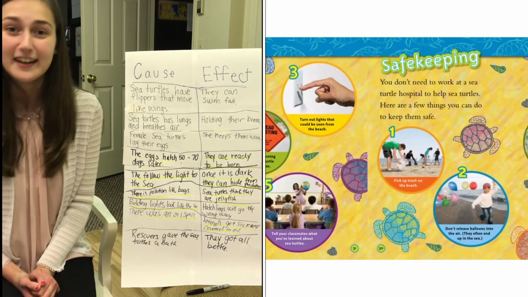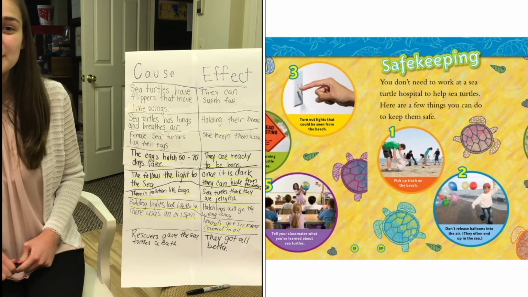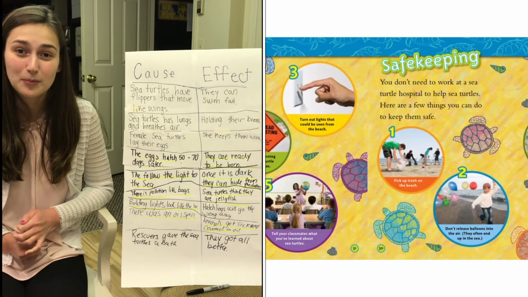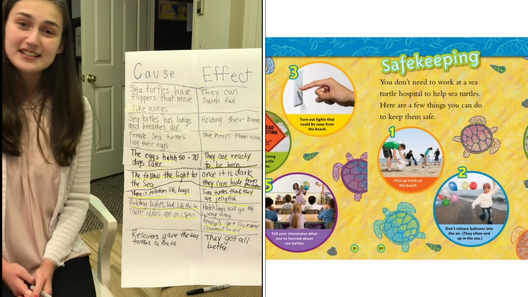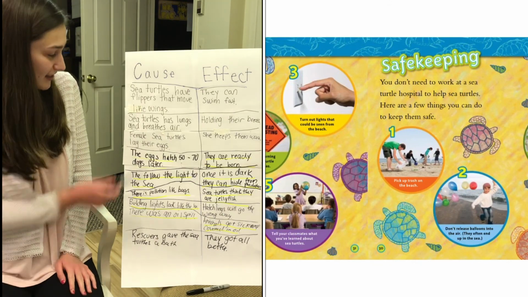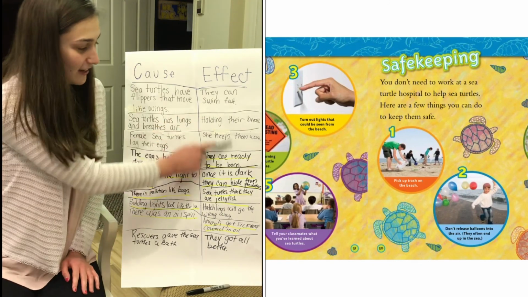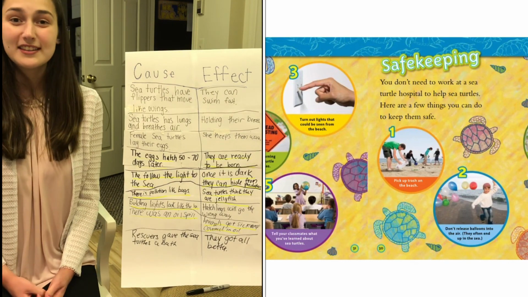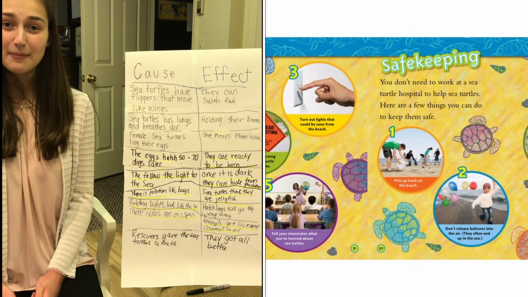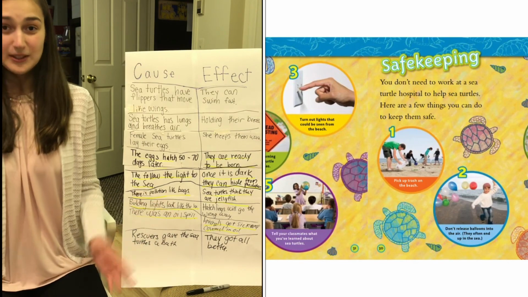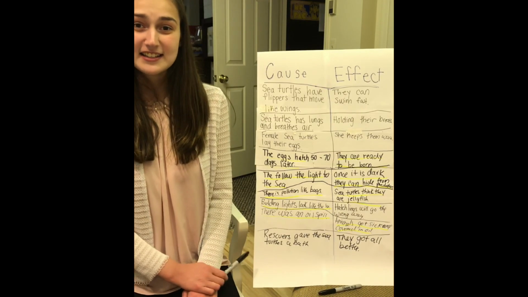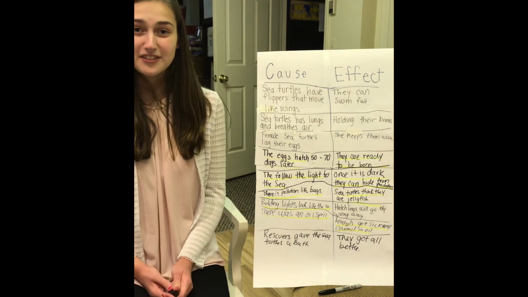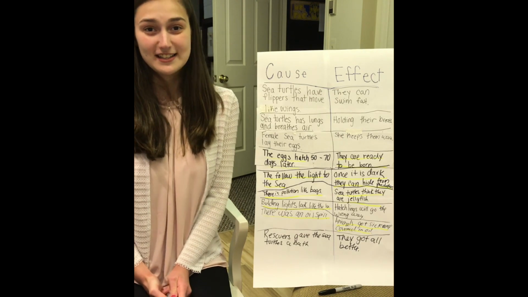You did so good. So now we're going to review real quick. The cause is the situation or problem that is happening, and the effect is the result. So today we learned about sea turtles. Look at all these causes and all the effects. Now when you are at home, you can think, what is going to be the result of this problem? If you don't brush your teeth, then you may get cavities. That's the effect. If you don't eat your vegetables, then you won't be healthy. You need to think about the effects of what you do with your causes every single day.